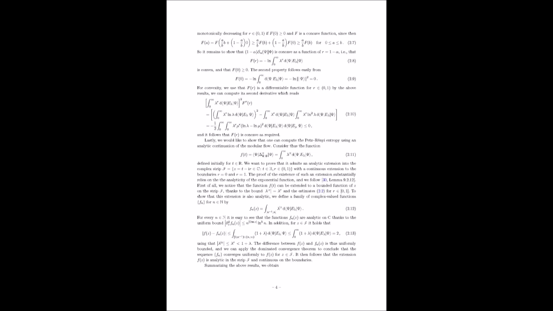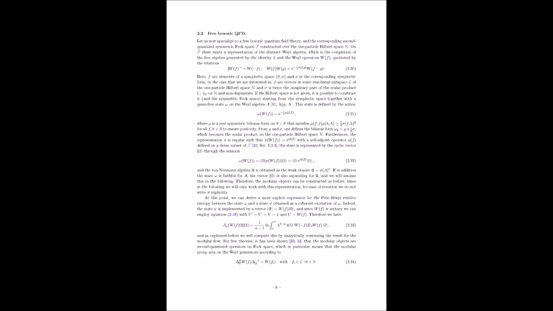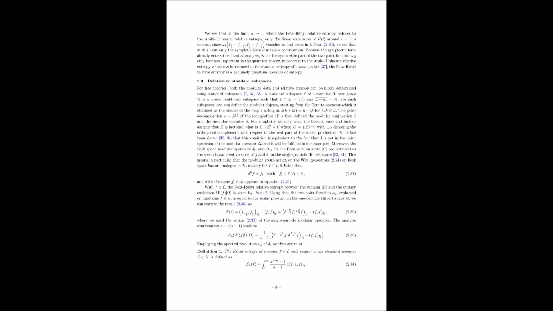Now, where does the Petz-Rényi relative entropy fit into all of this? The Petz-Rényi relative entropy offers an alternative way to measure the distinction between two quantum states. Okay. The formula for it involves a parameter α. There's that parameter again. What exactly does it do? Think of α as a tuning knob. It lets us adjust the sensitivity of our measurement. Gotcha. By varying α, we can emphasize different aspects of the difference between the two states. As α approaches 1, the Petz-Rényi relative entropy actually converges to the standard relative entropy given by the Araki-Uhlmann formula. So it's like we have this more general tool. Exactly. And the standard relative entropy is just a specific case of it.